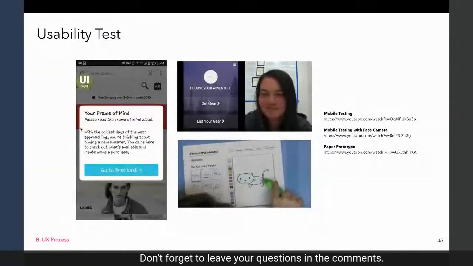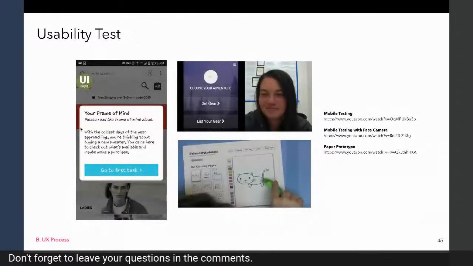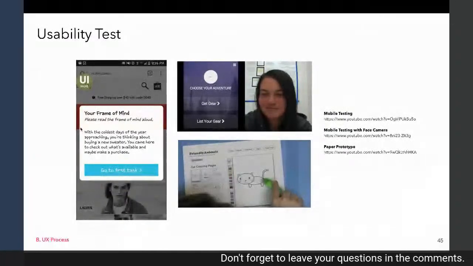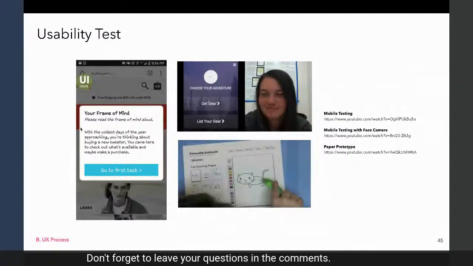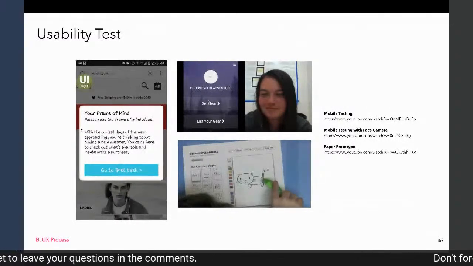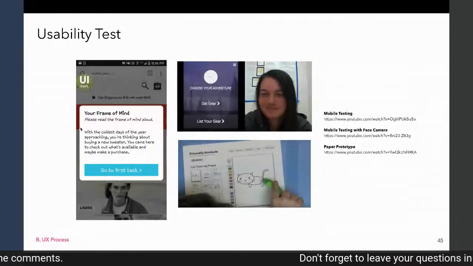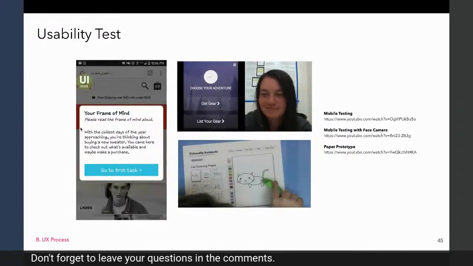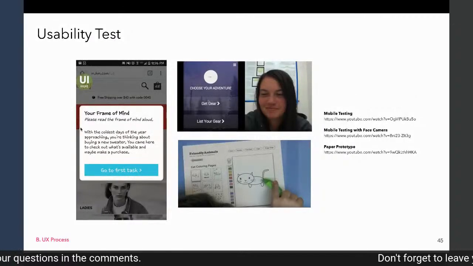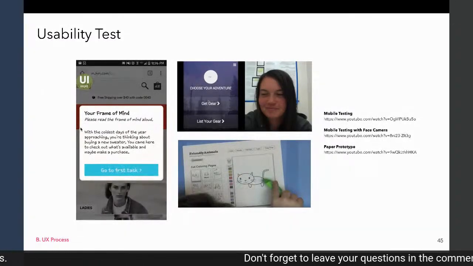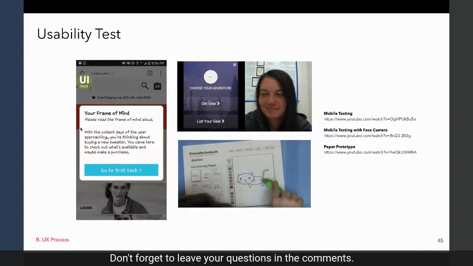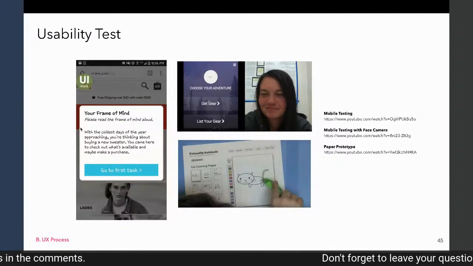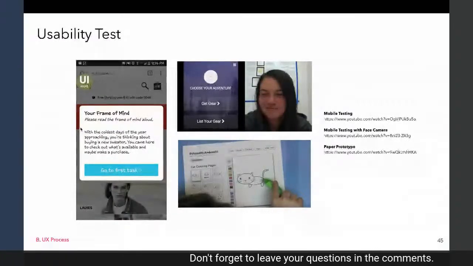And some product owners also observe. So basically, it's creating a prototype and then letting people use that product or service in a defined setting or scenario. So I've attached the links so you can also check those and try to learn about this. The usability test is very important, so that you know how they will use it, what they would click on, and what their thinking process would be.